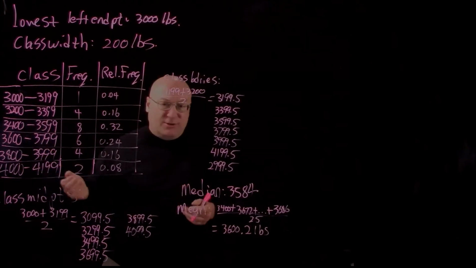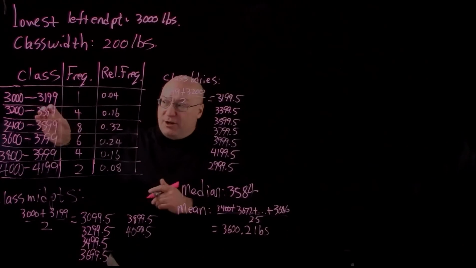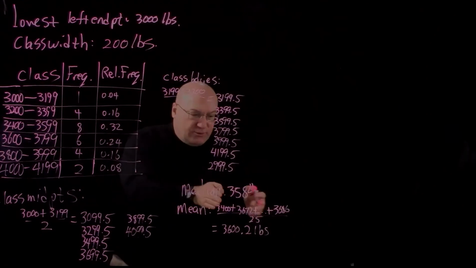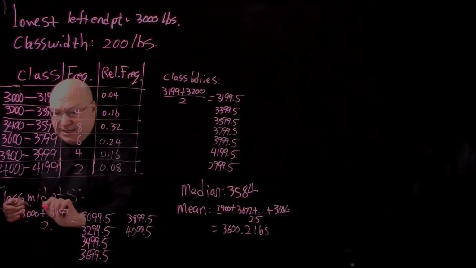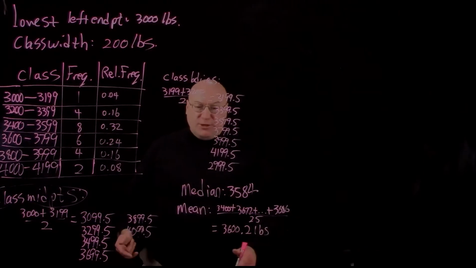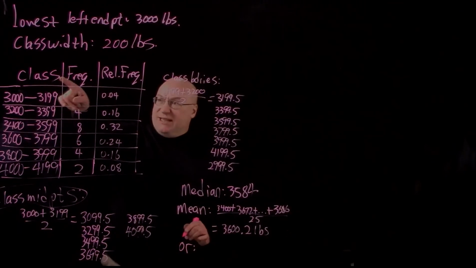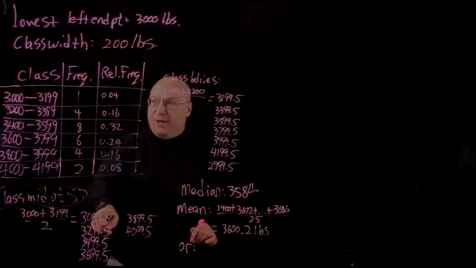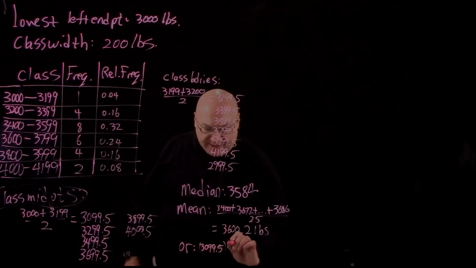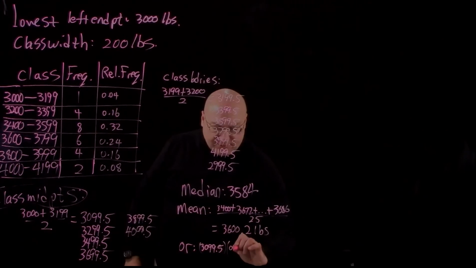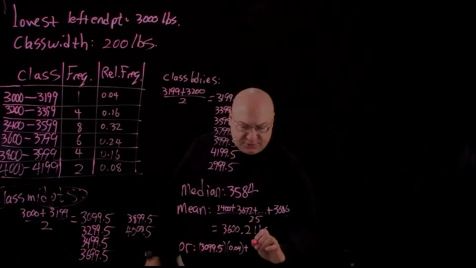The answer is, I'm going to take a representative value in each class. I'm not going to go in and find all the different values in that class. That's what I did really when I added all these up and divided by 25. I'm going to take a representative value. In each case, I'm going to take the class midpoint. So here's what I will do. I will say the first class has a class midpoint of 3,099.5. I will take that number times its relative frequency, 0.04, plus the next class midpoint is